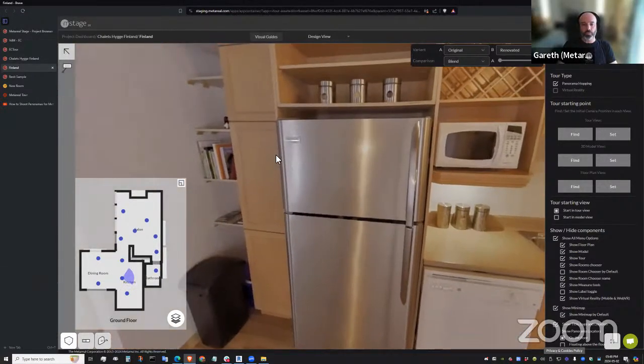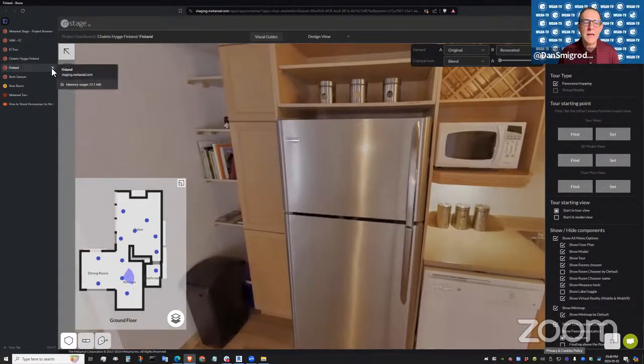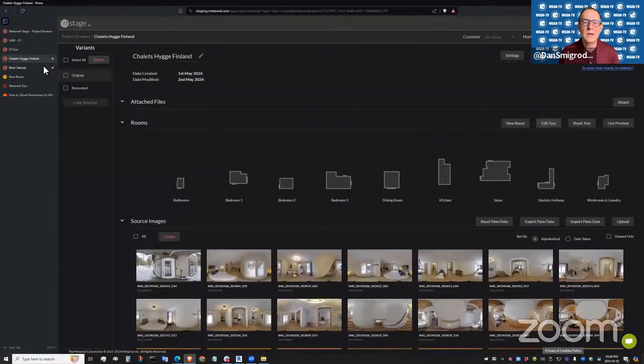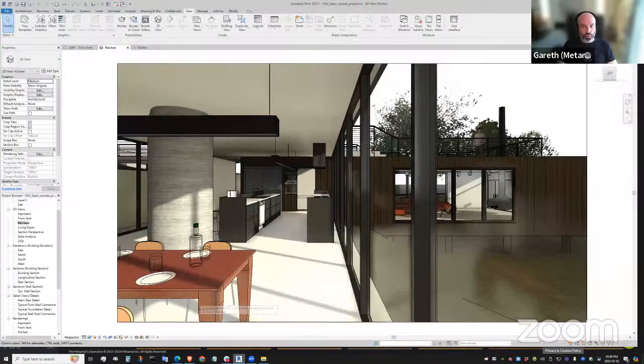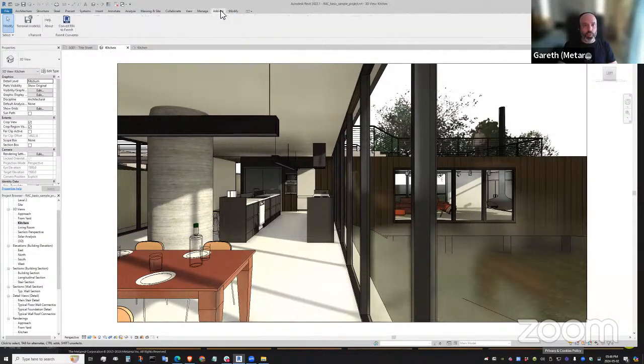Okay. Could we finish up on how to do a virtual tour of a space that has not yet been built? Yes. So let's say we're in Revit. We have an architectural design. This is one of the Revit demo scenes. I'm not a Revit user, so I'm a bit out of my depth in Revit, and it's not a simple application. The way it works is we have a plugin, which is in here in the add-in section.